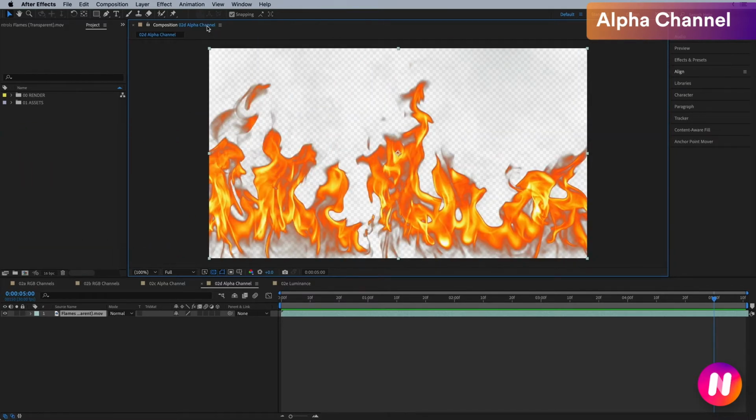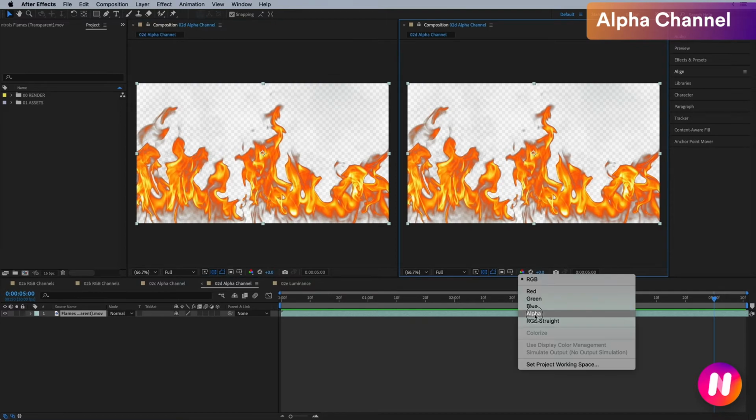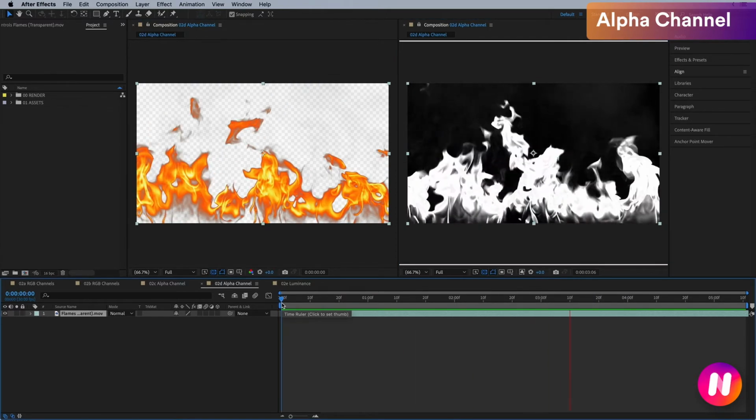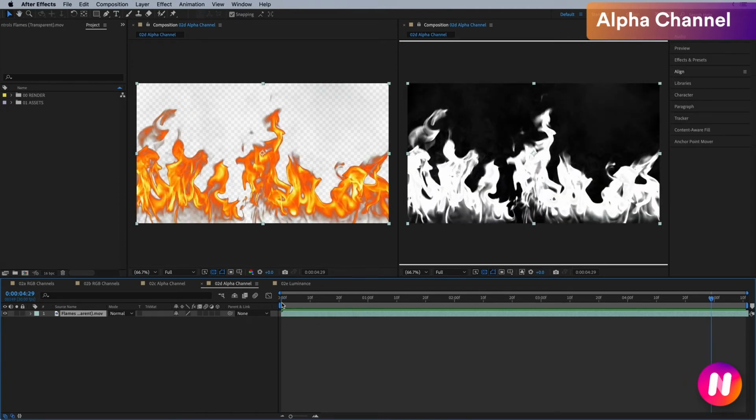Let's view the alpha channel on a new composition viewer. So just as we expected, we have the black, white, and gray areas. These pieces of information basically tell us that the layers that we apply the mat to will only be fully visible on the white areas, partially visible on the gray areas, and invisible on the black areas. Now that we've covered what an alpha channel is and what it means to make a mat using a layer's alpha channel,